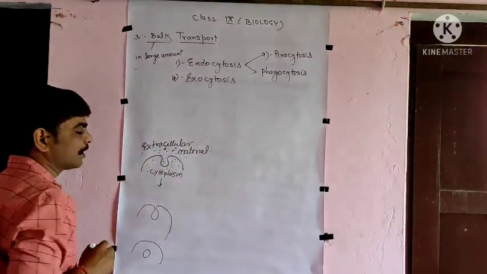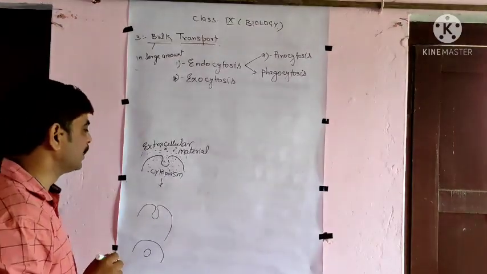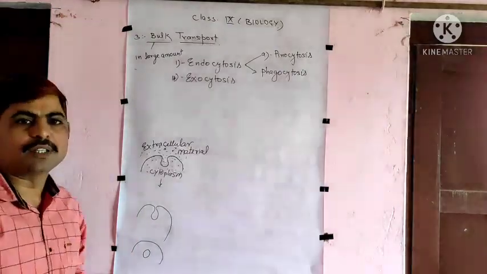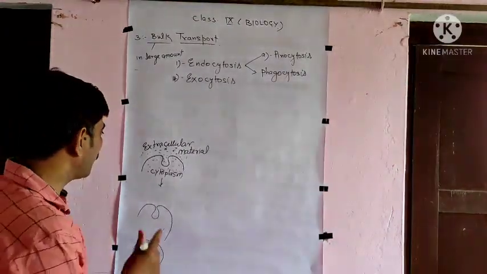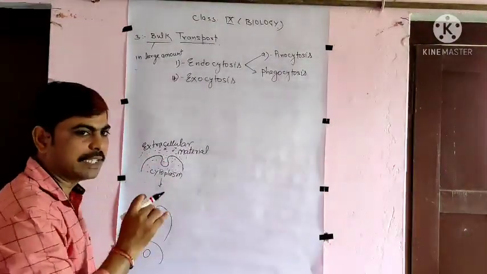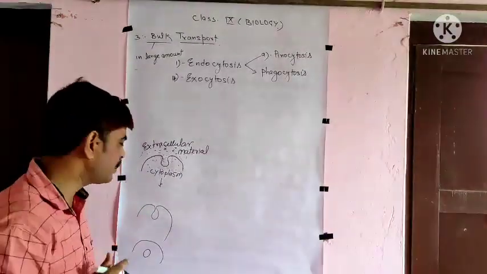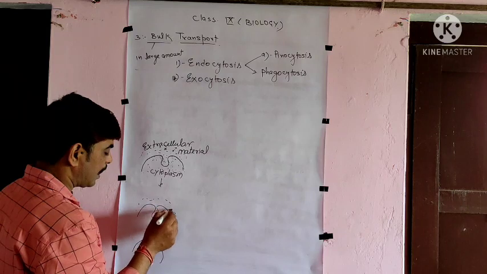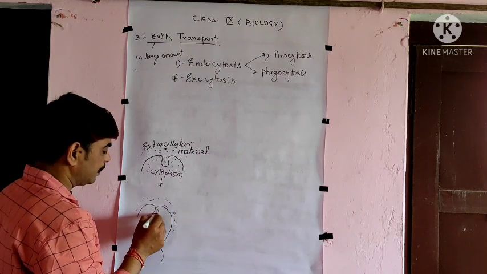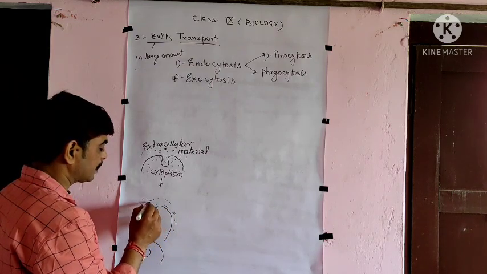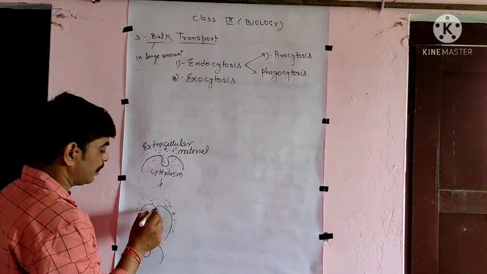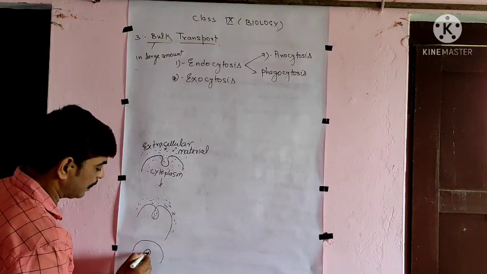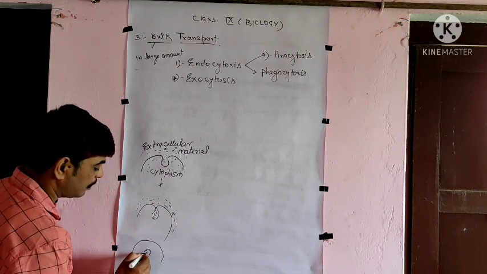This extracellular liquid material, fluid material, whenever it comes in contact with the cell, the plasma membrane invaginates, it depresses below, and later on these materials are filled in this invaginated plasma membrane, and later on this part of the plasma membrane ruptures and it forms a